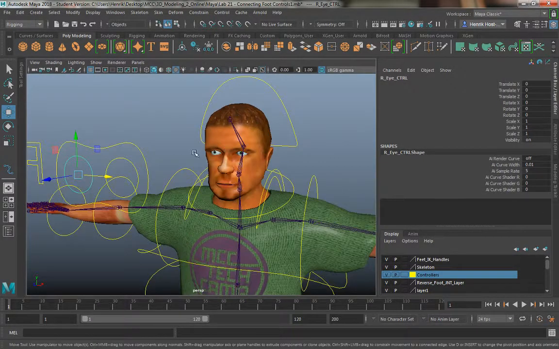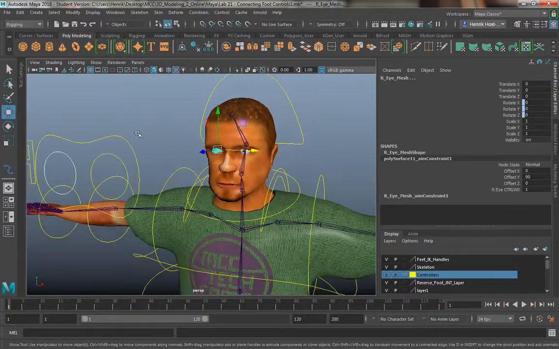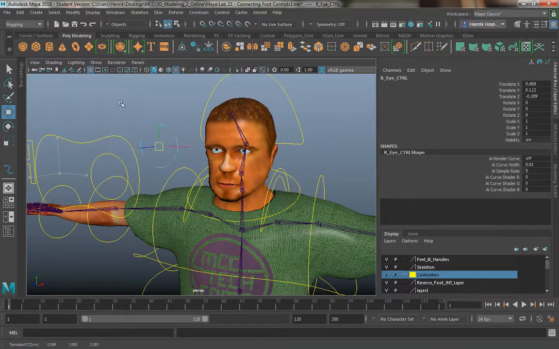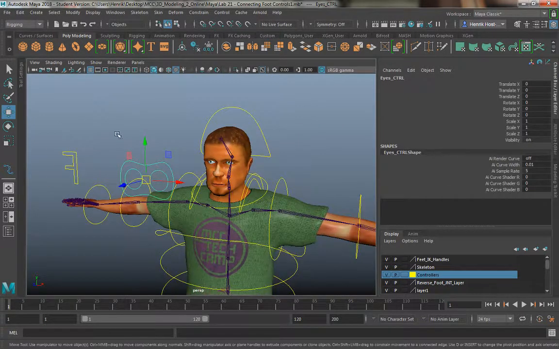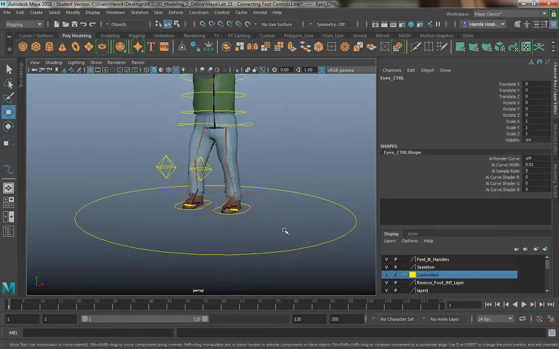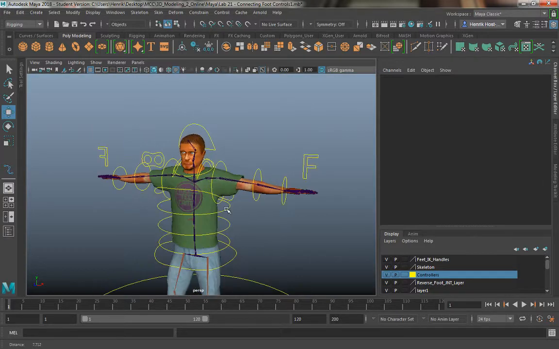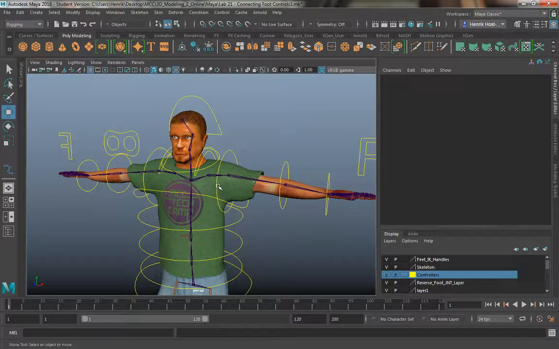And this one, I'm going to select this eye control, shift select this one, constrain aim. Double check it works, and it does. Double check this one works, and it does. And then make sure it's parented properly, and it is. And that's the eye controls. So I can do that again. But